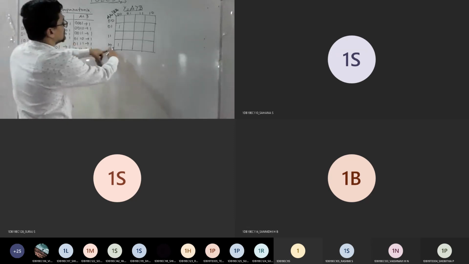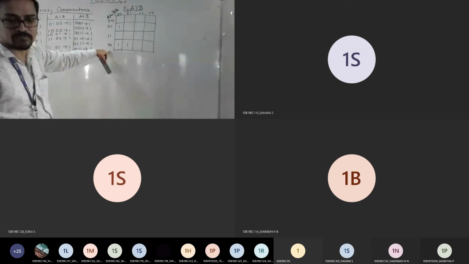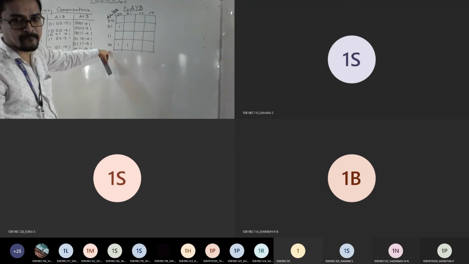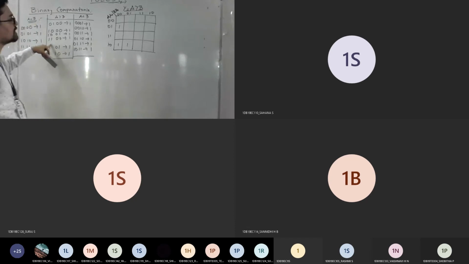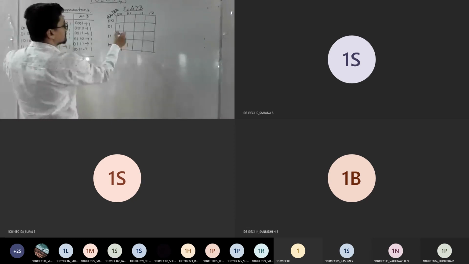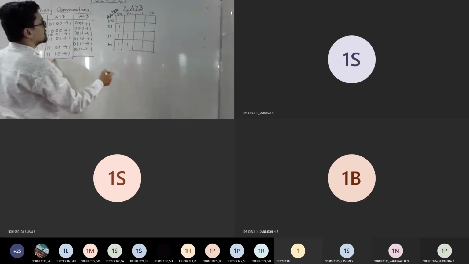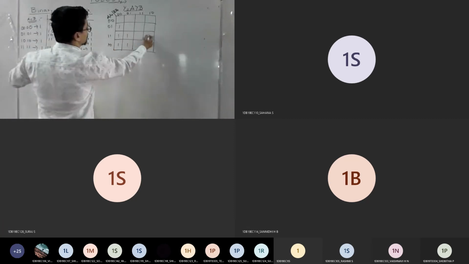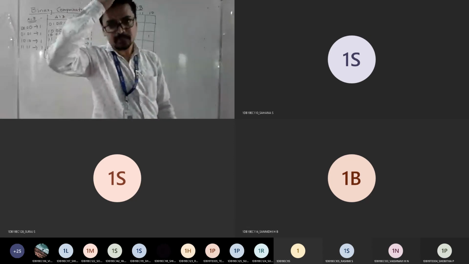Fine. So next 1 0 0 1. 1 0 is here, 0 1 is here. So in this column, can I make it 1? Everyone getting it? Similarly, 1 1 0 0 is here. Then 1 1 0 1 is here. Then 1 1 1 0. So is this how it looks? Now tell me how to group it.